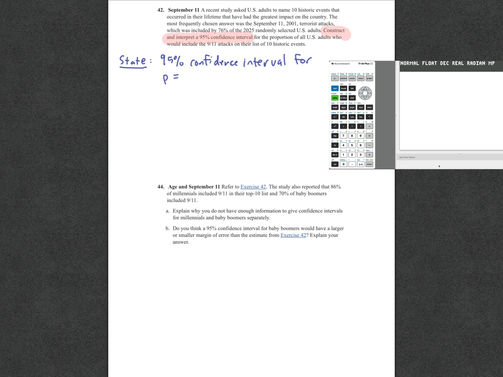And that's the true proportion of adults who would include the 9/11 attacks in their list of 10 historic events that have affected the country the most. So we'll say p is the true proportion of U.S. adults